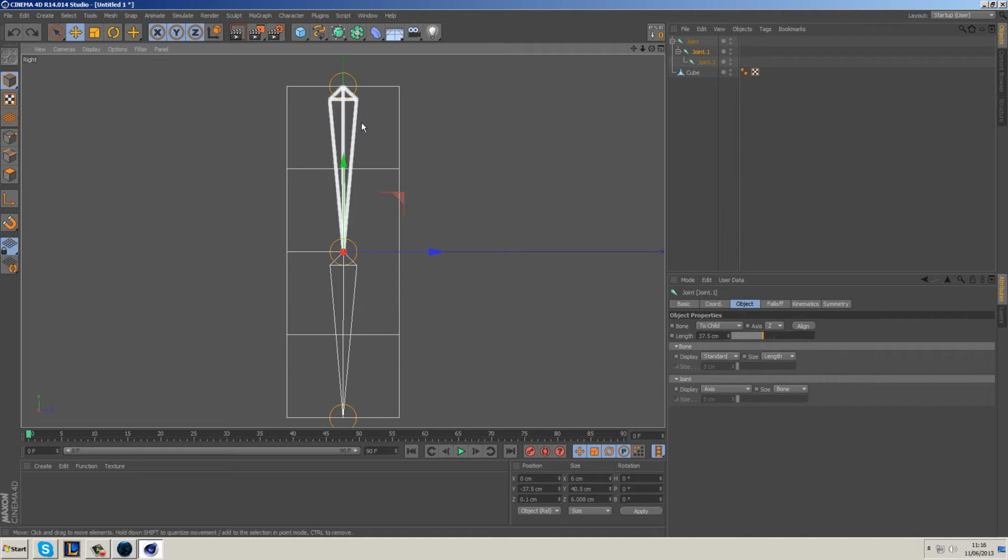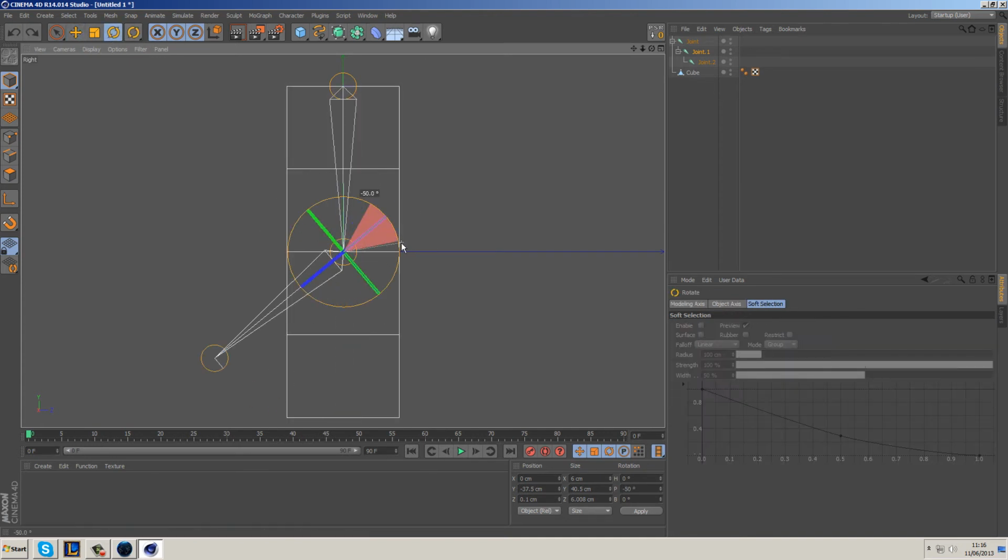Now because this is an arm and it's going to give us an L shape, such as going straight down and then to the left, we want to bend it in the opposite direction, and that's going to give us the illusion that the arm will bend in this direction, and that's exactly what we want. So maybe a little bit confusing to understand, but all you really need to understand is that you need a